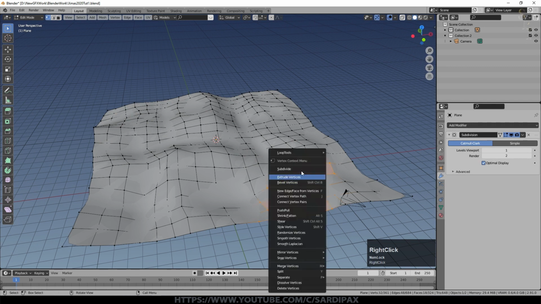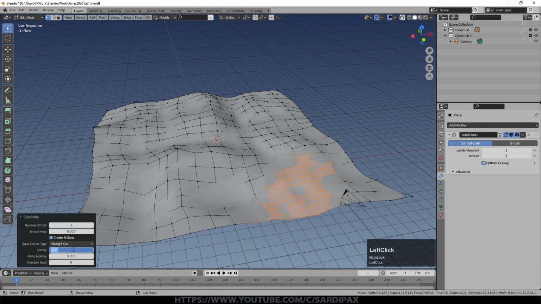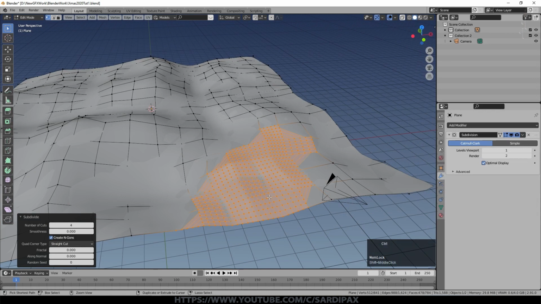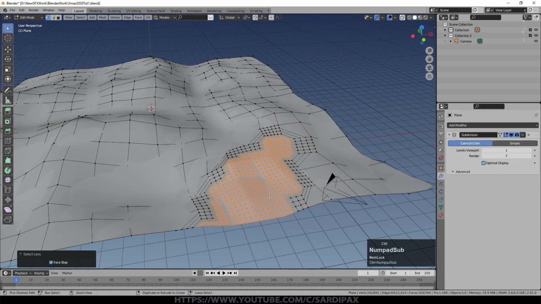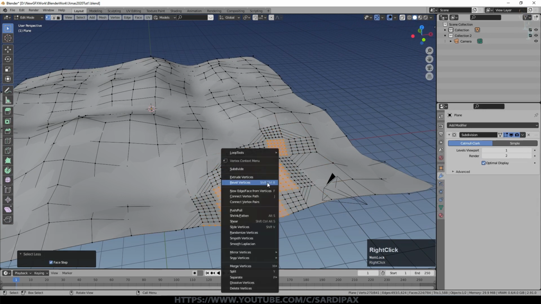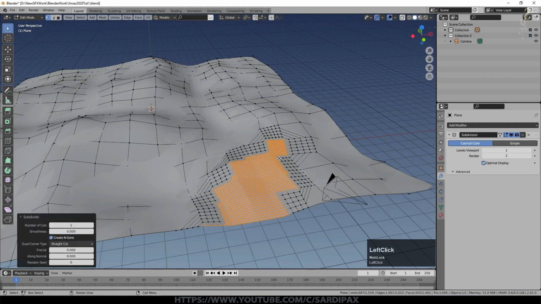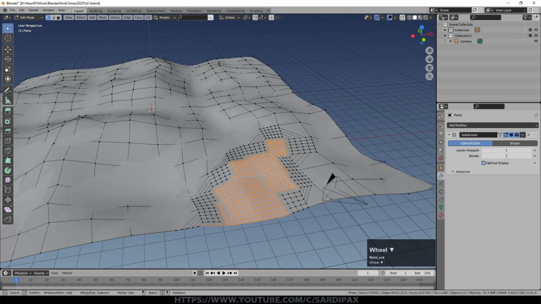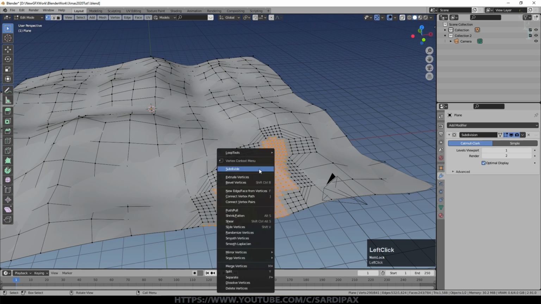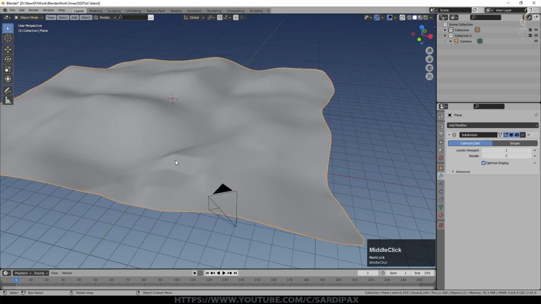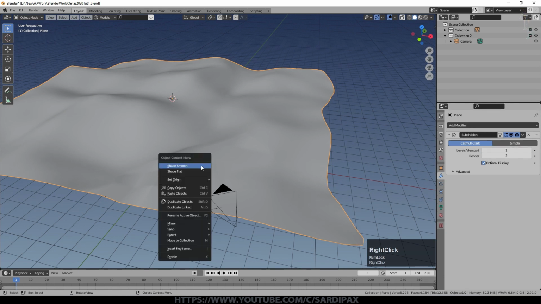And then right click and say subdivide, but we don't want fractal on this time, so turn that off. And we'll go up a number of subdivisions. And what I did, just to make it a little more subtle, was actually come in one and then right click and say subdivide again. And I think I'll just smooth that a little bit there. Now you can get a little bit of blockiness appearing. The subdivision surface won't deal with it so well because of the way it's worked.